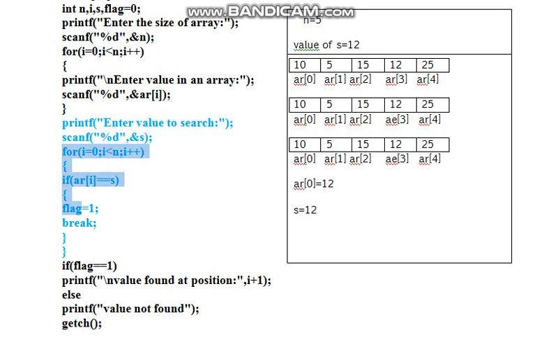Then the search starts from a loop. We will start the search with the help of a loop, the i loop. Then we put a condition: if ar of i is equal to s. ar means array, ar of i means array element. If it matches with s, the search element, then flag is equal to 1, meaning we have to stop the loop. See the variable at the starting, its value is 0, now its value is 1. If its value changes from 0 to 1, the loop stops and then break is used to come out